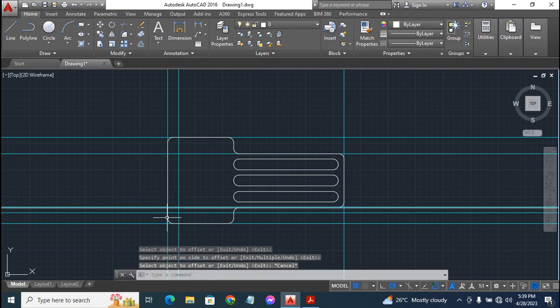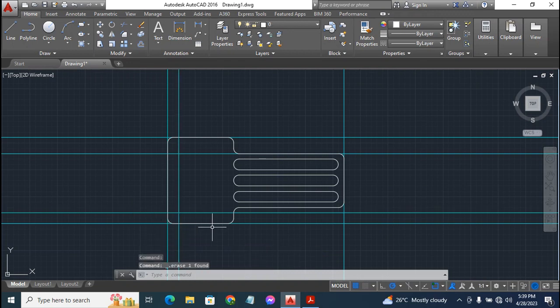escape key. We need to get rid of this other construction line. It's kind of getting in the way, so we have to delete it for now. Okay, get rid of that. Now